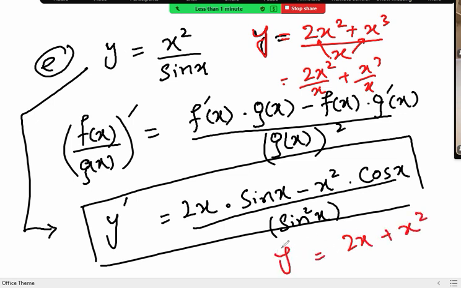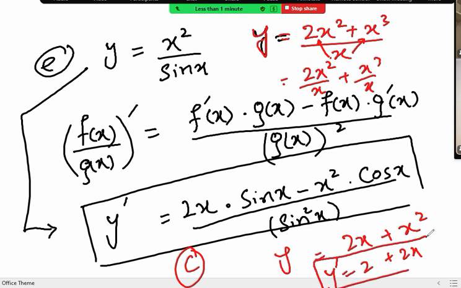Now you take the derivative, so this is rule number C. Apply the derivative on both of them separately, so y dash equal to 2x plus 2x, so that's the answer. Okay. So this is